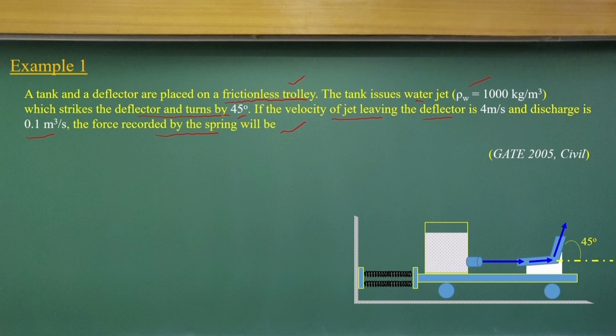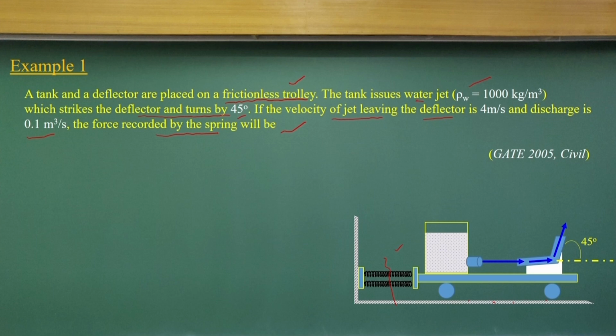That is the problem. If you look at what we have sketched here, there is a tank which has water and is giving a jet of water, and there is a frictionless trolley. That means there is no frictional force acting on this. The problem is quite simplified for us, and there is a deflector which makes a 45 degree turn. We need to compute how much force is going to act on this spring. That is the problem. It is a very easy problem, we can solve it,